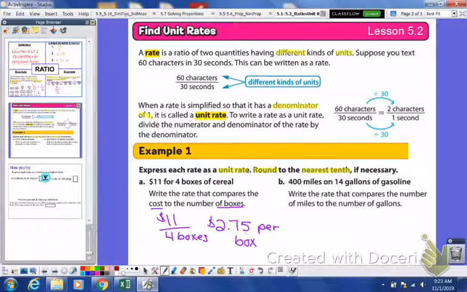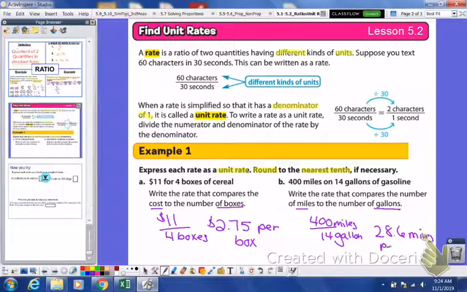All right, part B. 400 miles on 14 gallons of gas. Write the rate that compares the number of miles to the number of gallons. So 400 miles per 14 gallons. So 400 divided by 14, rounded to the nearest tenth, would give us a unit rate of 28.6